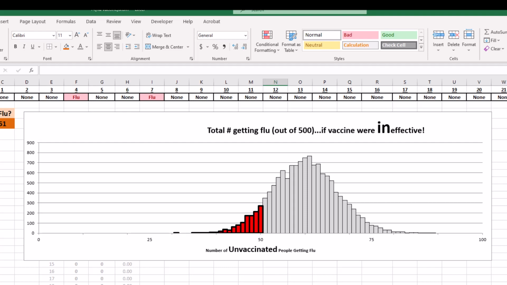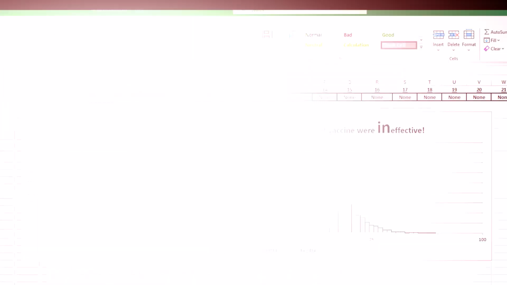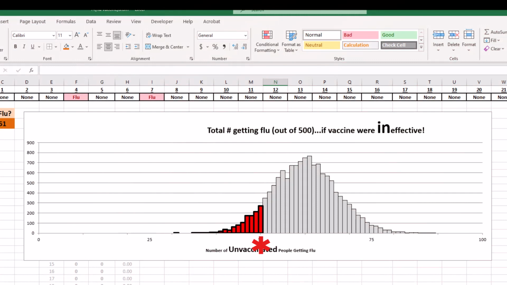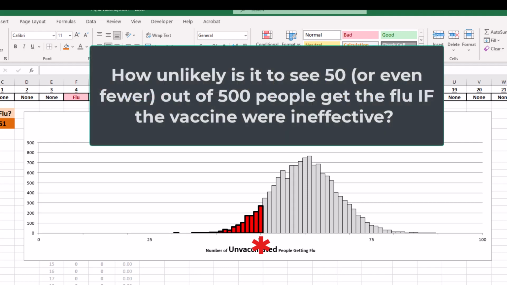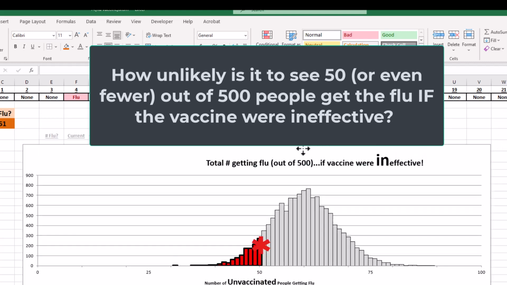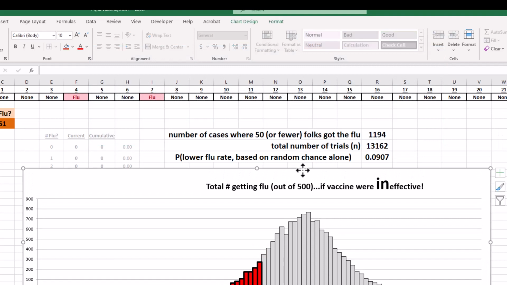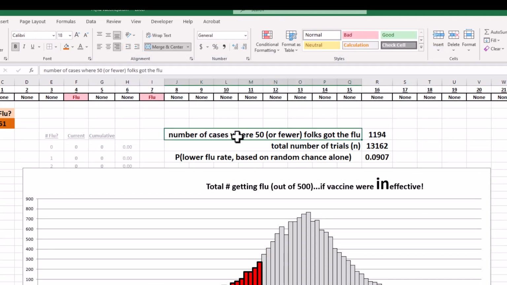From last week, we would have put a red asterisk right here and said that's where we landed in our data. So the question is, what is the chance that we would have landed there or even further left, because that would be more surprising, assuming that the vaccine was ineffective, which means assuming it wasn't doing what it was supposed to do. So what we can do now is pull this graph down, and I've actually kept track of this up here. The number of cases where 50 or fewer folks got the flu, I've actually got Excel tabulating this right here. It was